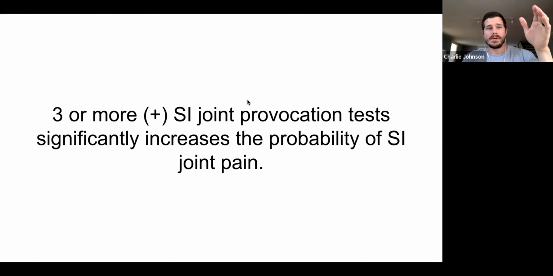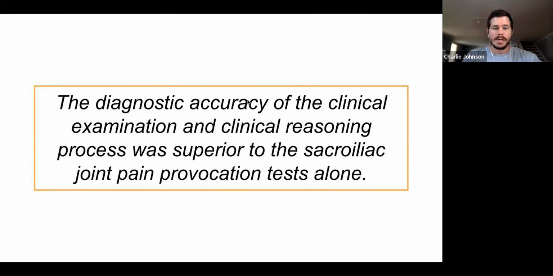So what we found, though, is that 3 or more of these SI joint provocation tests, which provoke the SI joint pain or the patient's familiar pain, significantly increases the probability of SI joint as the pain source. Now, you could just do those tests, and it points with a decent likelihood that it could be an SI joint problem. But you want to look at everything that we just talked about together. When you package everything together, you can have a really high certainty the SI joint is the most likely source